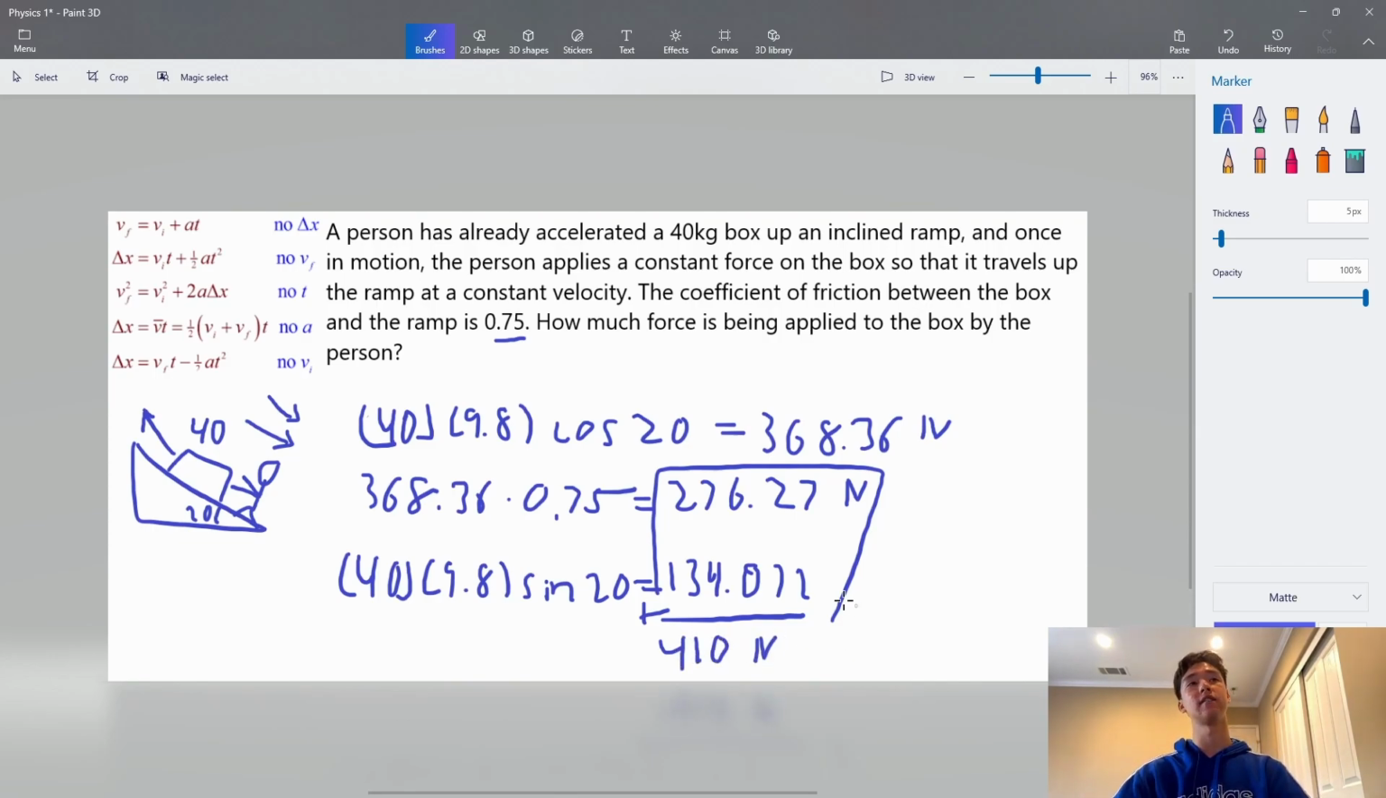And that is the total force going down, which means that is the amount of force that the person has to apply for there to be a constant velocity and a constant force happening. So that was our challenge question, but not